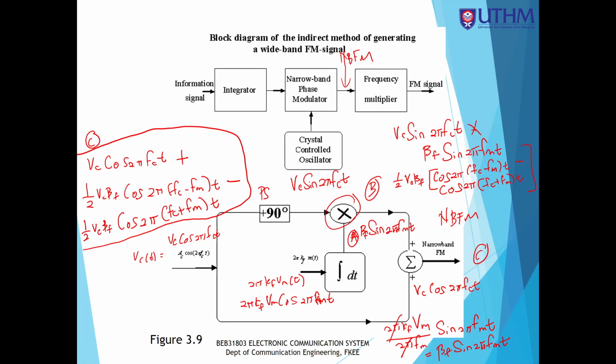Okay. So kalau adanya frequency multiplier, so you kena darabkan dengan dia punya berapa banyak multiplier di sini. So frequency multiplier will multiply the frequency of the signal. Dia akan multiply frequency. Okay, bukan amplitude. Dia akan multiply dari segi frequency. Okay, so nanti dia punya frequency akan berganda sebanyak beberapa faktor. Okay, so kalau di sini faktornya adalah n, so you need to multiply the frequency by n factor.